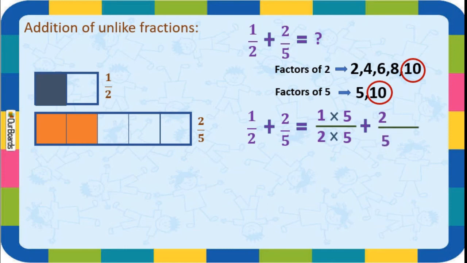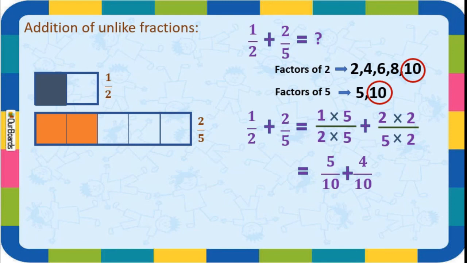Now, move to the factors of 5. Here, you know that 5 2s are 10. Correct? So, we will multiply both numerator and denominator by 2. Got this, students? Why I am multiplying this one by 2? Okay. Now, again, down you come. Now, 5 1s are 5 here and 2 5s are 10. Okay. That is 5 upon 10 plus 2 2s are 4, 4 upon 10.